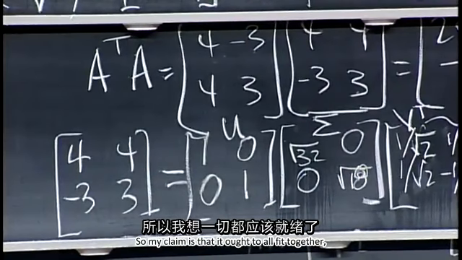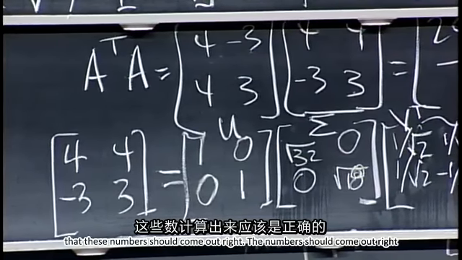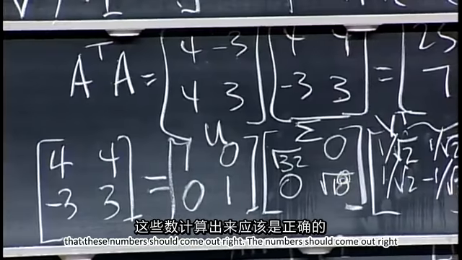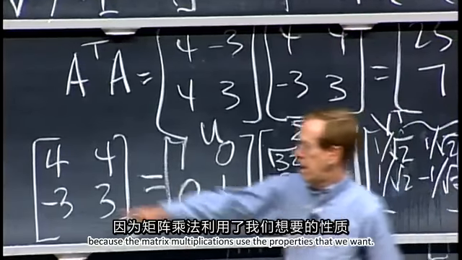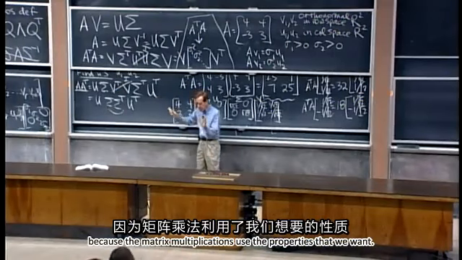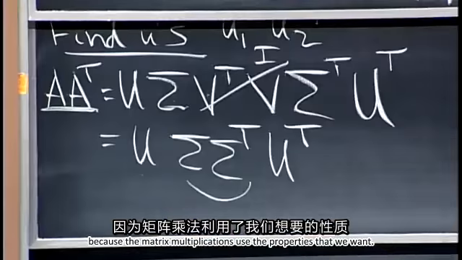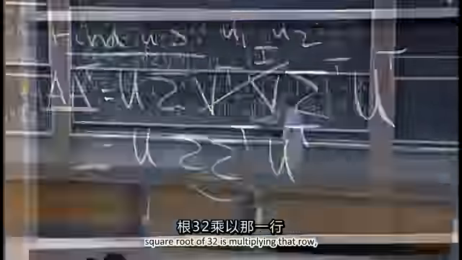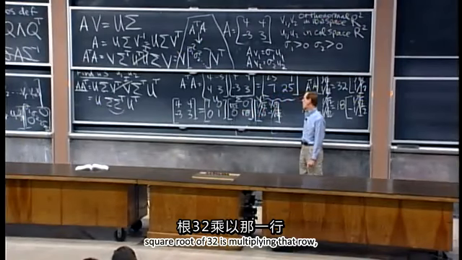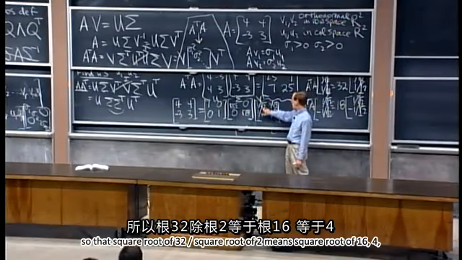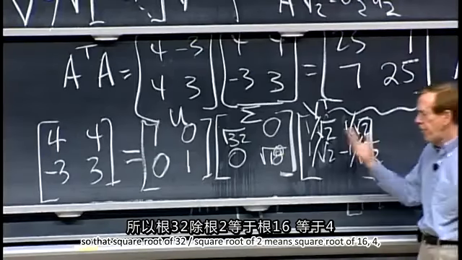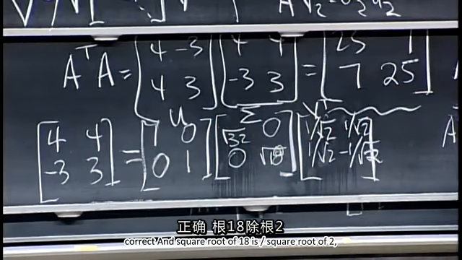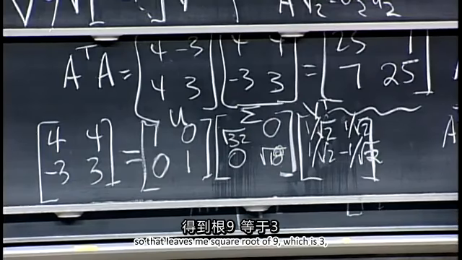So my claim is that it ought to all fit together. That these numbers should come out right, because the matrix multiplications use the properties that we want. Okay, so we just check that. Here's the identity, so not doing anything. Square root of 32 is multiplying that row. So that's square root of 32 divided by square root of 2 means square root of 16, 4, correct? And square root of 18 divided by square root of 2 leaves me square root of 9, which is 3, but,